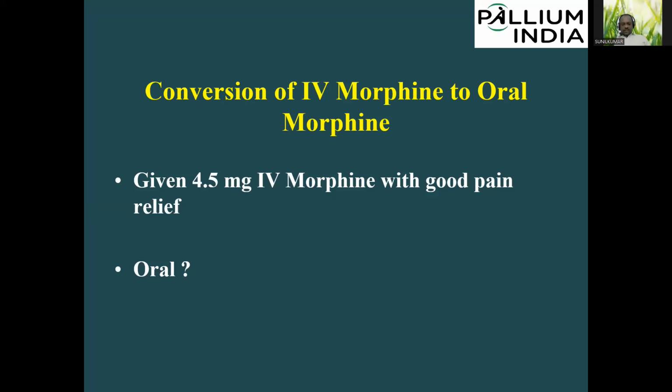So this is how you do it. Is it making the patient inpatient or as an outpatient procedure? Inpatient. Okay, actually, you need not make the patient inpatient. You can do it on an OP basis, and we usually do 2 or 3 trials every day as an outpatient procedure. Okay, so you have given 4.5 milligram, and you want to send the patient home. So you have to obviously convert the injectable morphine to oral morphine. So how will you convert the injectable morphine, IV morphine, to oral morphine?